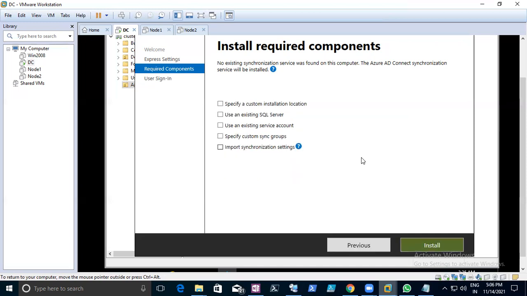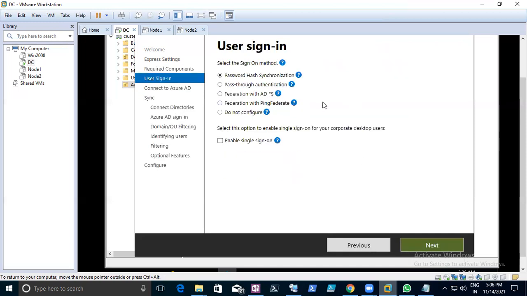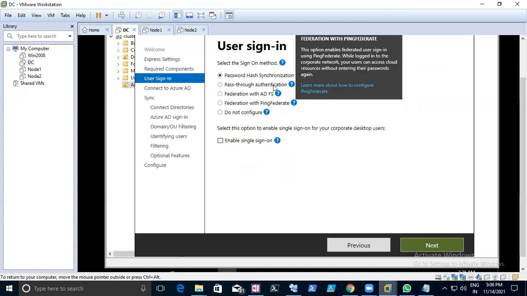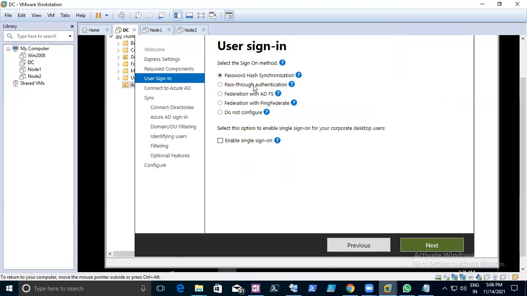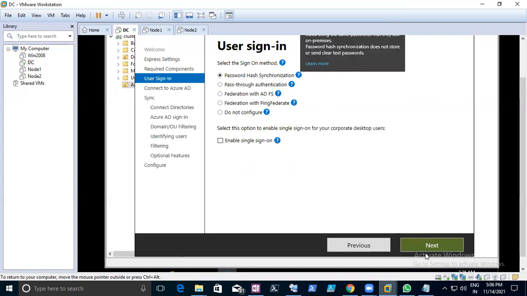Next steps it'll ask you for, okay, this is the most important. Password hash synchronization. Select one only, because in production it asks you about pass-through authentication. You have seen that in ADFS, these settings. If you're going to use ADFS, then you can use it. But let's take password hash synchronization only.